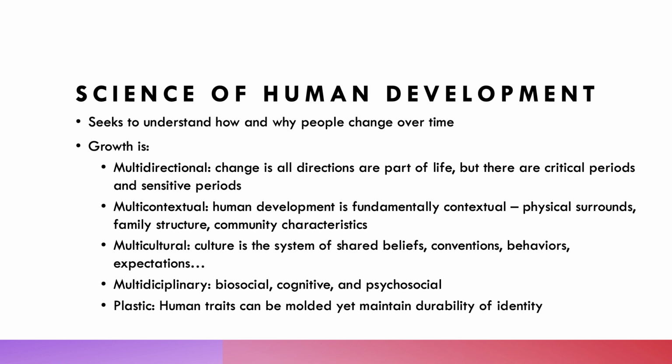The third way is multicultural. For social scientists, culture is the system of shared beliefs, conventions, norms, behaviors, expectations, and symbolic representations that persist over time and prescribe social rules of conduct. So it's a system of shared beliefs and conventions and behaviors that we may have. Each group of people creates a culture, and these may be based on an ethnic culture, national cultures, family, college, economics,